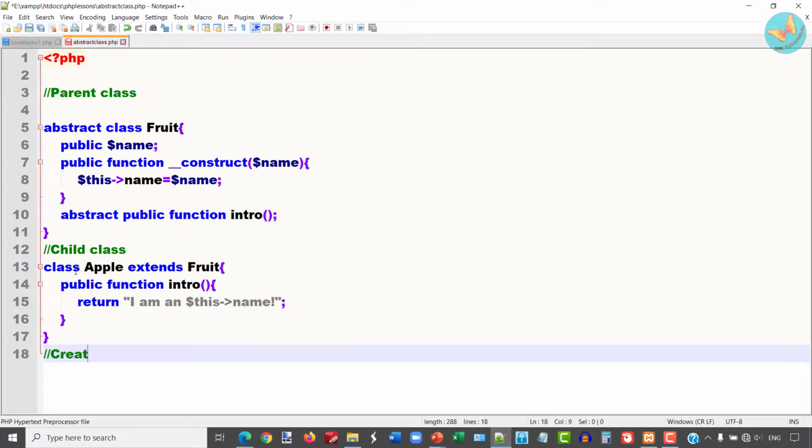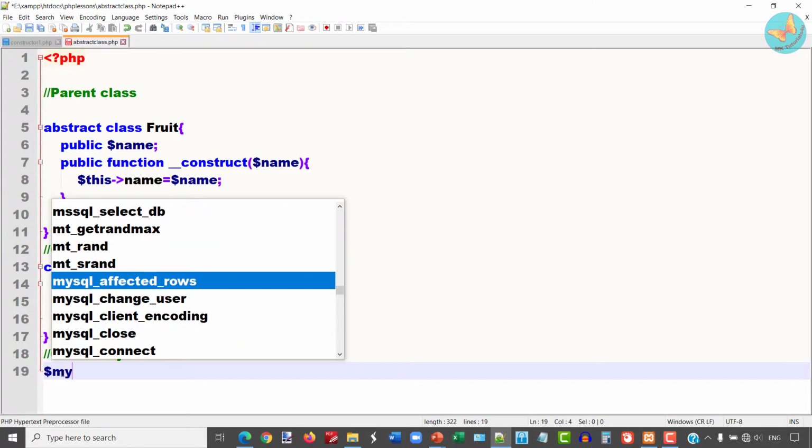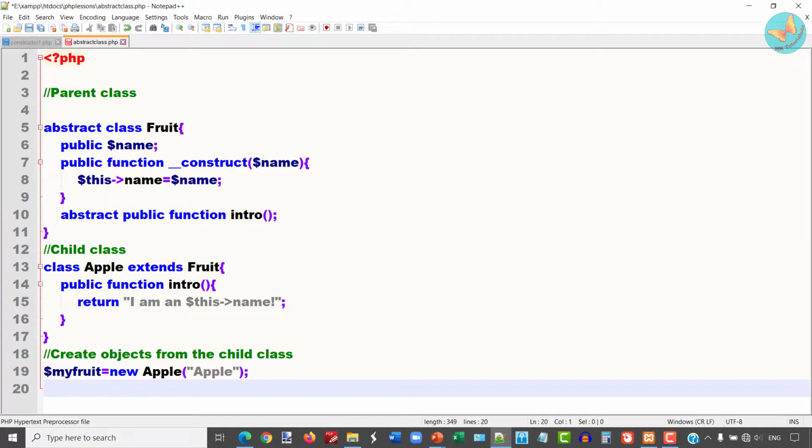Now next I am going to create objects from the child class. Remember one thing, you cannot create an object of this class fruit because it is an abstract class. You can create an object of only this child class, that is the apple class. So I'll declare one variable, $myfruit equals new Apple, and I'll pass the value apple.